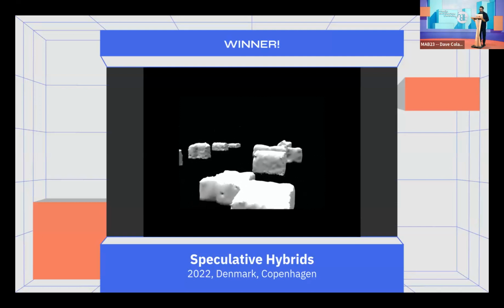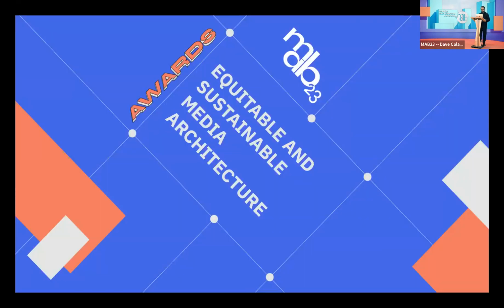Okay, moving on to our next category, equitable and sustainable media architecture. These projects reflect upon or address inequities and injustices related to society and/or climate. They consider aspects of environmental and/or social justice in their ideation, design, implementation, construction, or programming. The nominees for this category are